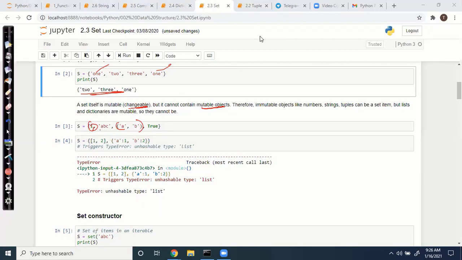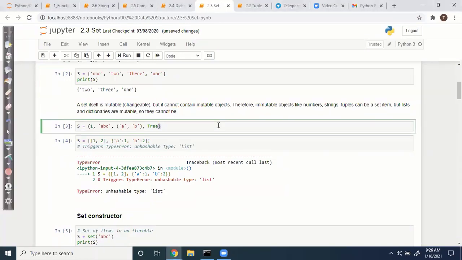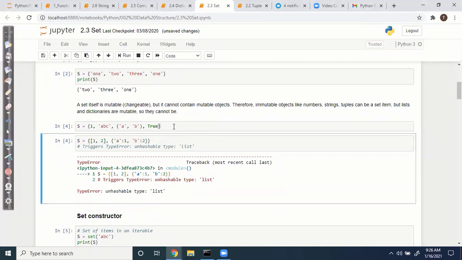We have a tuple here. A tuple is immutable, so that's why it doesn't have any issues. A set accepts immutable objects, but it cannot contain mutable objects. Here it doesn't have any issues.